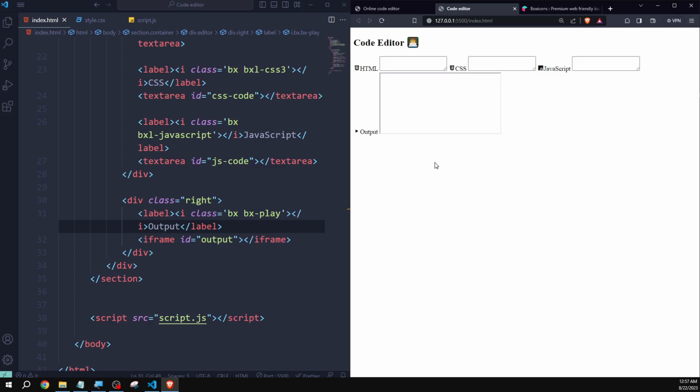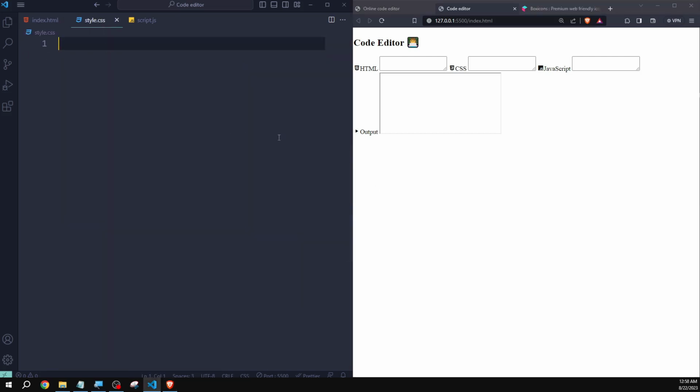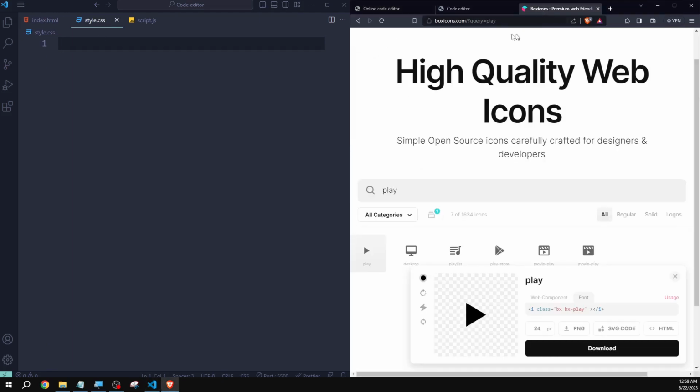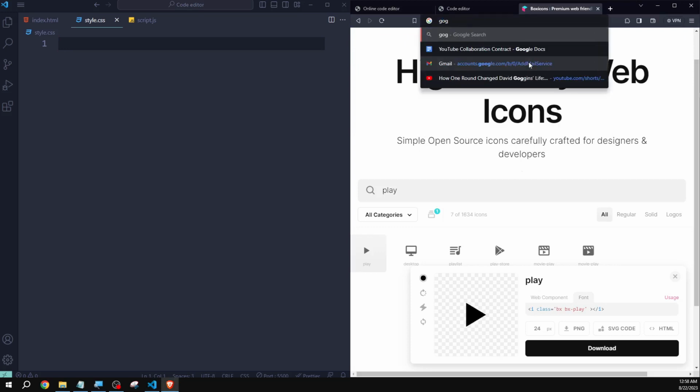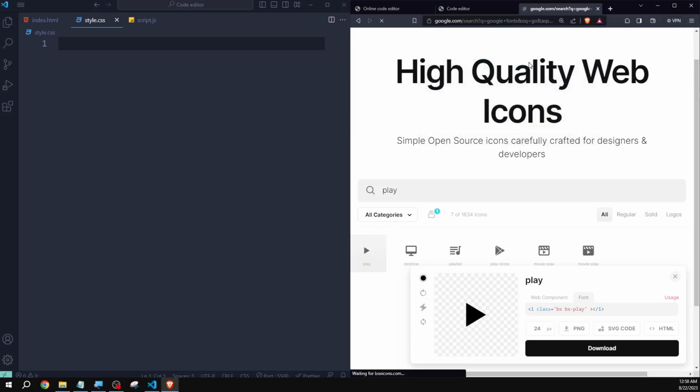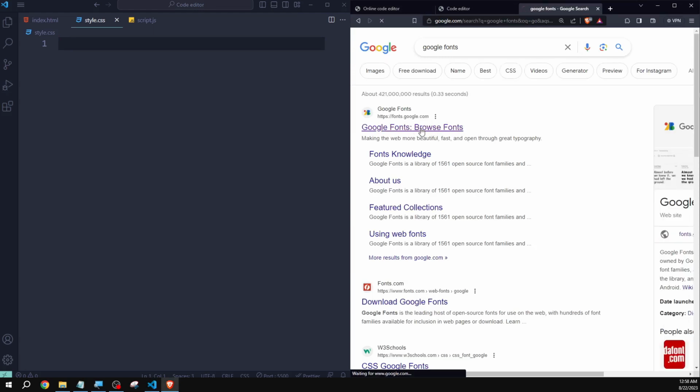Now after our HTML, we have to style our web page. So for doing that, let's go to our style sheet. First of all, I will import a font because I don't want to use this default font. That's why I want to use Google Fonts. Simply search for Google Fonts and open this first link